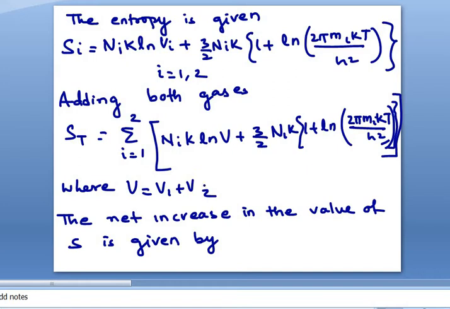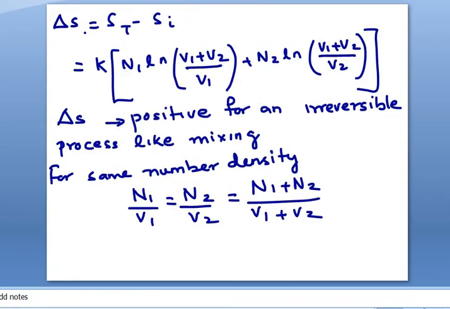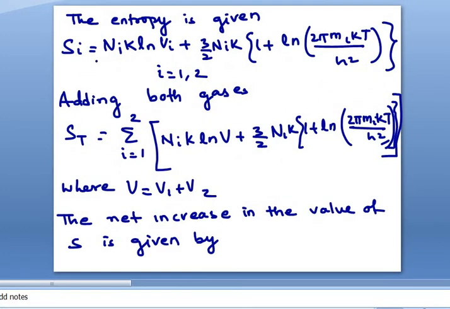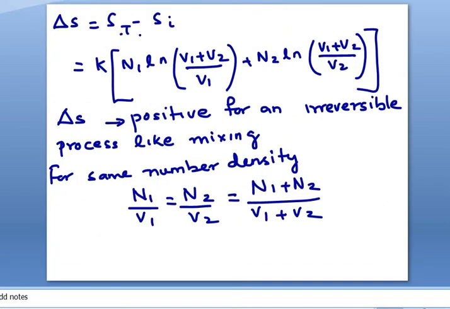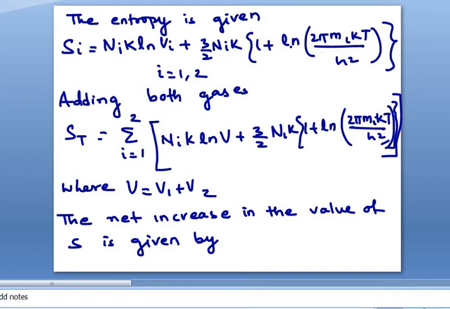Now V is what? V is V1 plus V2. We know the net increase in the value of S is given by delta S is equal to St minus Si, that is the individual atom. So here St is this one, and Si is this. What you will do is subtract St minus Si, keep i as 1 and 2. So what will happen? The second term vanishes. The second term will easily go off for both cases, whereas the first term,